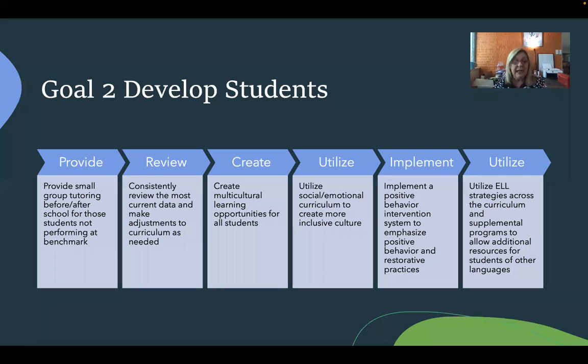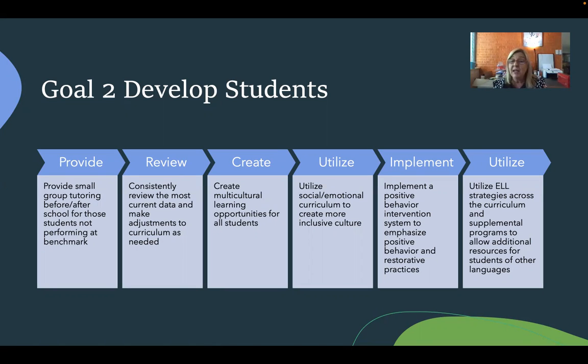So my next goal is to develop the students that are growing and learning, to nurture that with small group before and after school for those that aren't performing at benchmark, to consistently review the data and make adjustments to the curriculum, to create multicultural learning opportunities, reading those books and bringing in those holidays and showing all of those, utilize the social emotional curriculum to have a more inclusive culture,